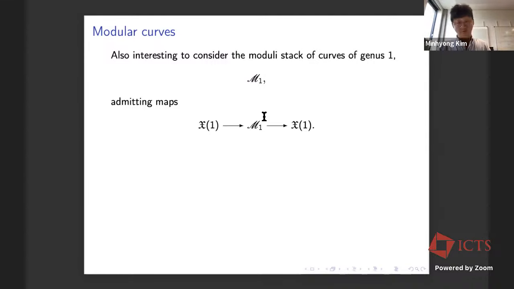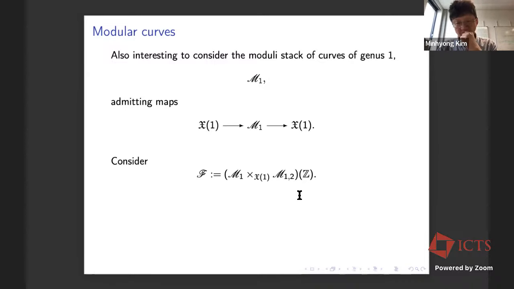But I somewhat failed. I thought I had something, but I couldn't remember how to do it. So here's a slightly artificial example, but maybe it's still interesting. Consider the sections of M1 cross M12 fiber product over X1. This is genus 1 curves equal to 2 points, right? So 1 point can be used as the origin, and there's an extra point here.